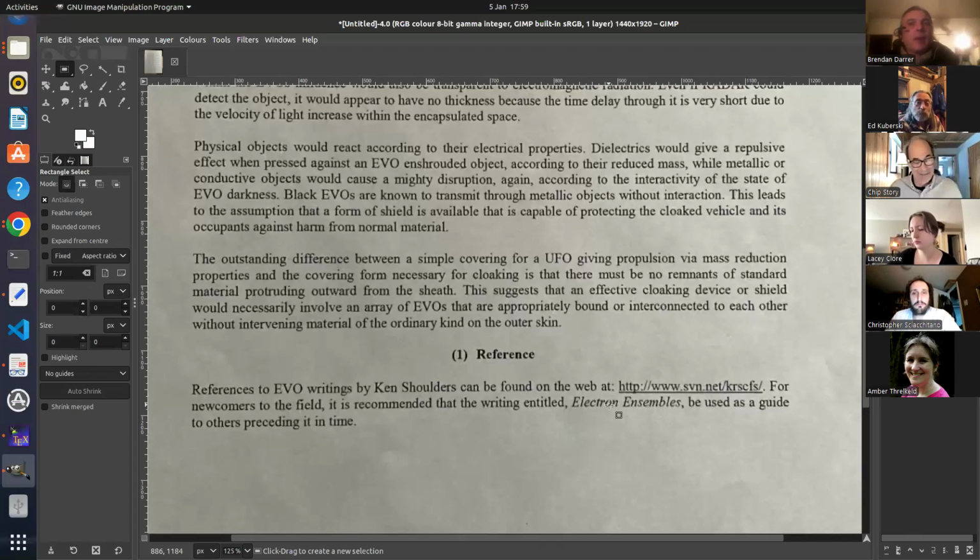Now, interesting, right? The problem is not where the ship is, it's when it is. And that doesn't require much of a slip, and suddenly it's not in this realm. And so, yeah, the cloaks are very sophisticated, the skin of the ships, and you're playing with gravity, of course. So gravity and time are intertangled. And so I could see producing a time effect, a temporal transparency, if you will, along with dark and white reflectivity, absorption, etc., in the EVOs themselves.